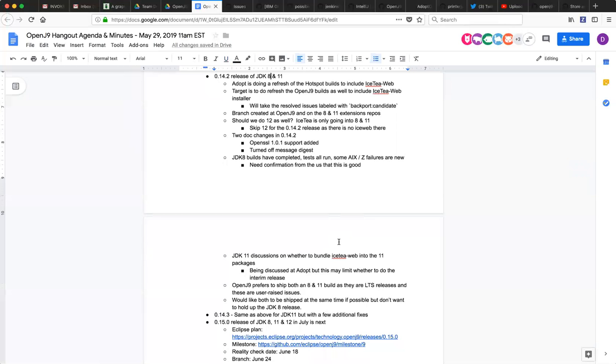Peter has thankfully started the paperwork for that to get all the needful things done to get us out the door. It's just a matter of getting the last of the changes merged into the right branches, and then we'll give the okay to do the builds and put them up.